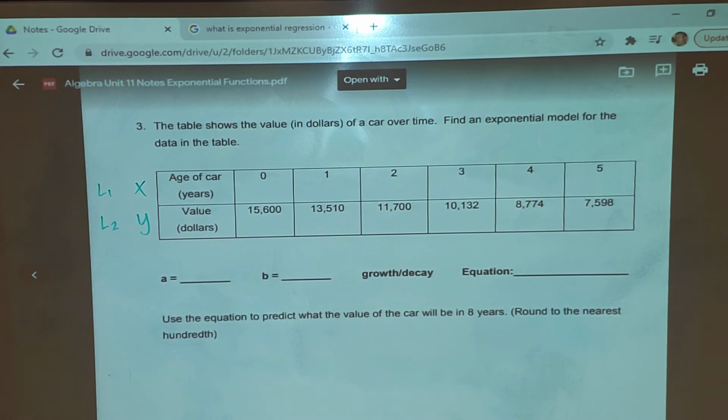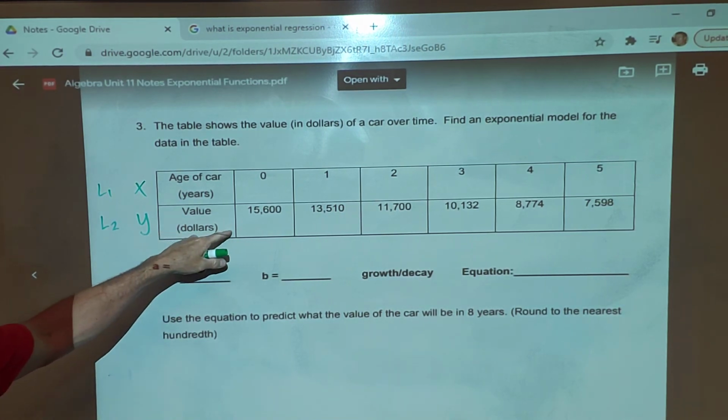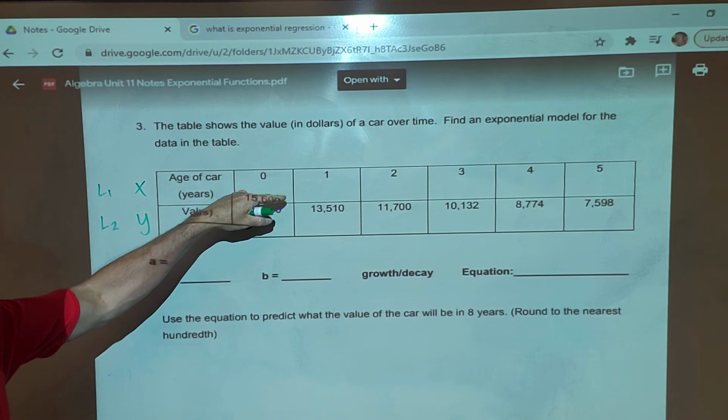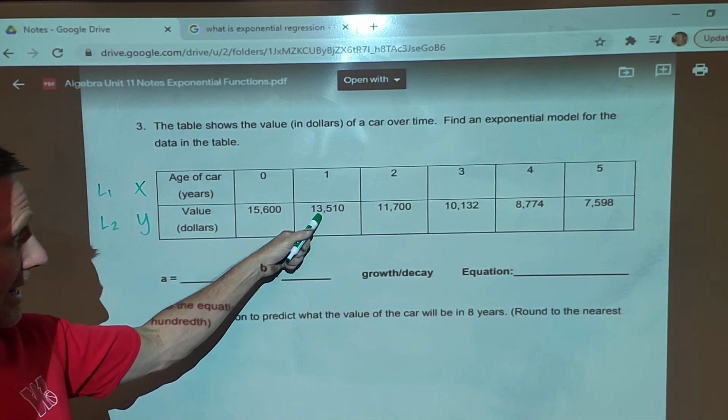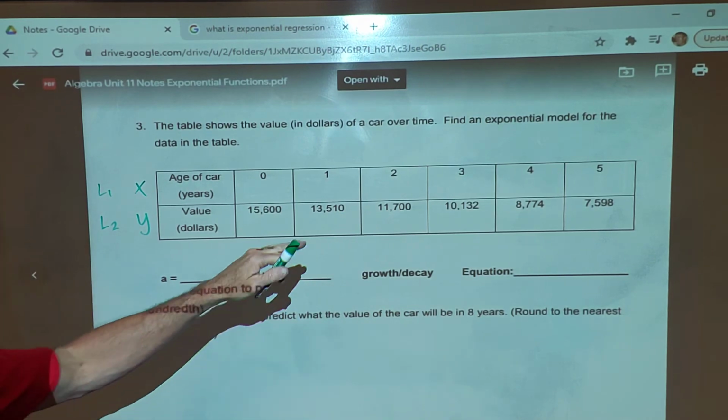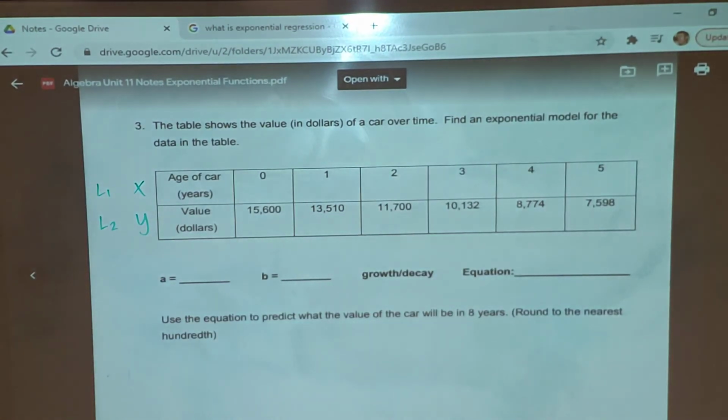So stat, it's already on edit on my calculator, so I hit enter. Again, L1 would be the age of the car. Those are our x values. L2, again, should match up. They should, again, double check your numbers. It's very easy to accidentally hit an extra key or a wrong key, and one incorrect number will mess up your equation. So once I've entered all of those, stat, arrow to the right to calculate, and then number 0